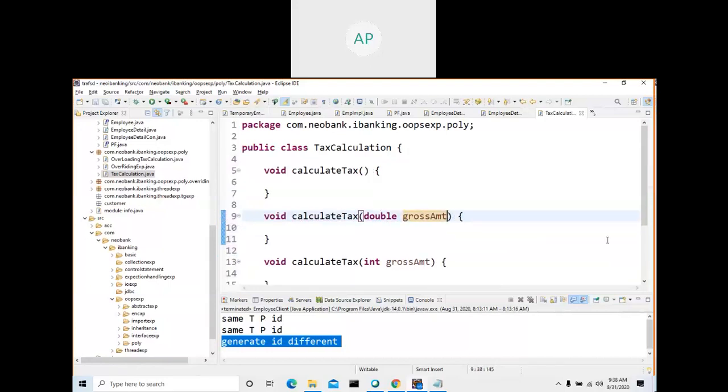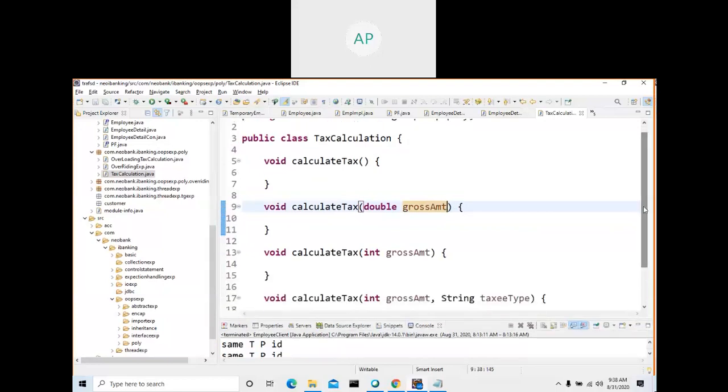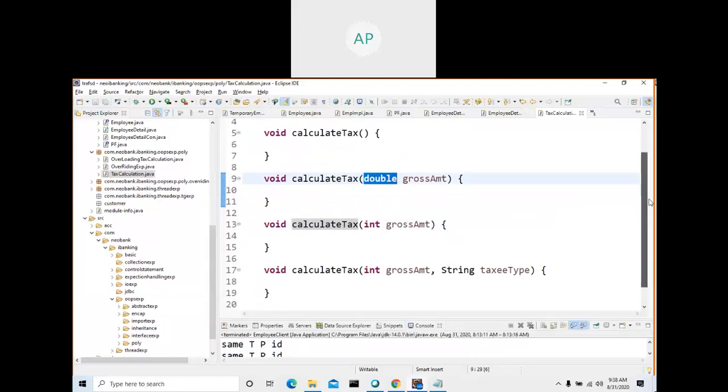See here, even with a different data type: here the integer data type, here a double data type. So you can write the same method name with different parameters, either two parameters or a single parameter with a different data type. It makes sense rather than having different names.